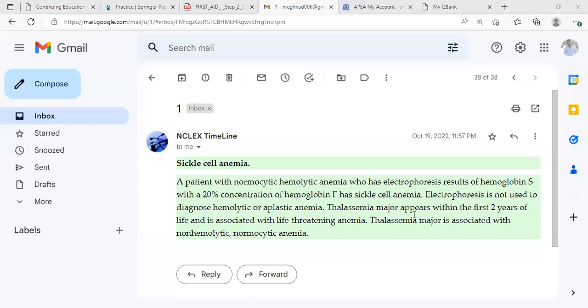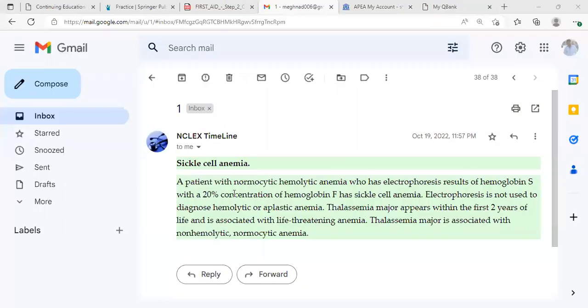Thalassemia major appears within the first 2 years of life and is associated with life-threatening anemia. Thalassemia major is associated with non-hemolytic and normochromic anemia, right? Normochromic, they said. So